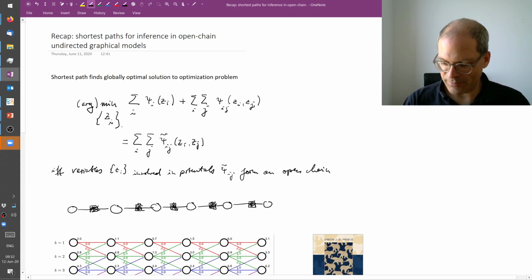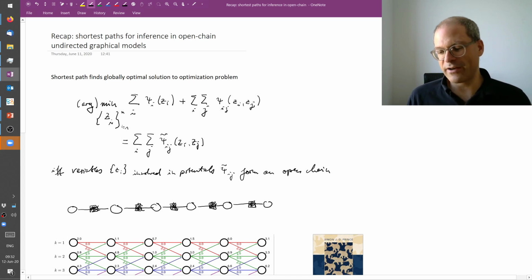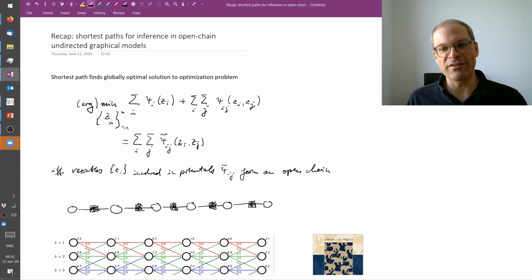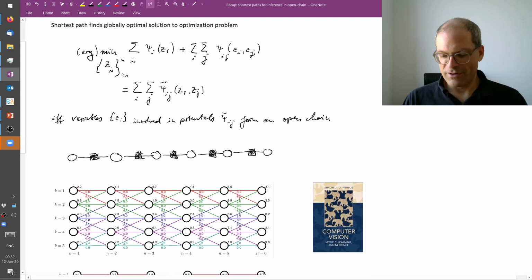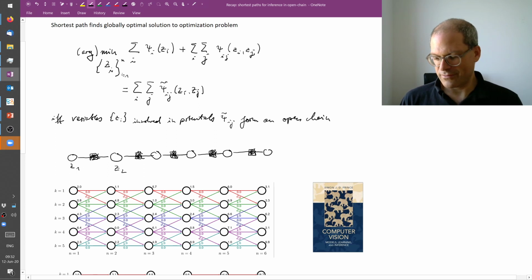To be super explicit, I could say z_i from i equals 1 to n. And each of these z_i's is a vector, right? So in this example here, each vector can have 5 possible states, and altogether this would be my variable z1. Then these here altogether would be my vector z2, z3,